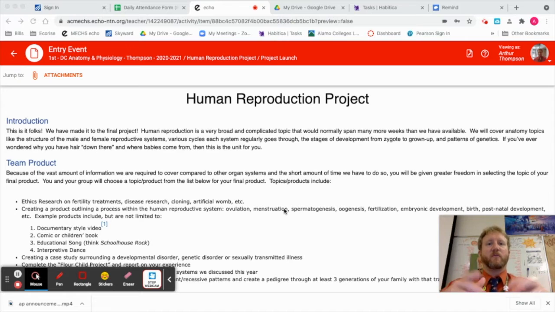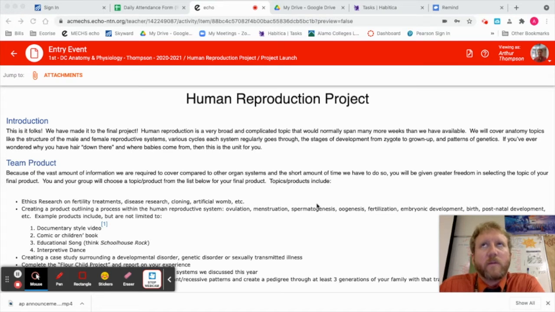So the birth is another process that we've talked about a little bit. But then once the baby is born, development continues, and your development continues all the way into end of life, basically. There's also some genetics in there as well. Normally with this amount of information, we spend a month, 6 weeks, even more talking about all of this stuff. We don't have that kind of time, unfortunately, just because of how this year went. And even if this was a perfect year, we probably still wouldn't have enough time to talk about all this stuff.